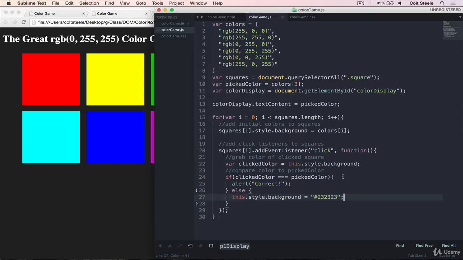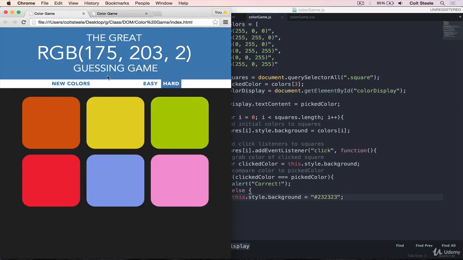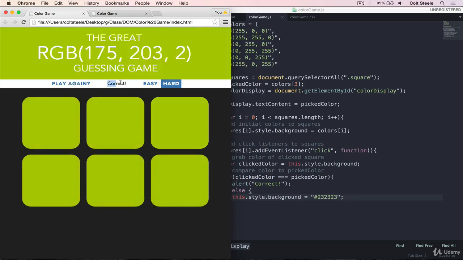And the other thing that we want to happen though is we want a display. As you can see here, there will be a display. So if I click on one of the colors and it says try again, and if I get it right, like here, it displays correct. And then we'll focus on the other things like changing the color once we get that first part. So let's add in this span actually is what it is,